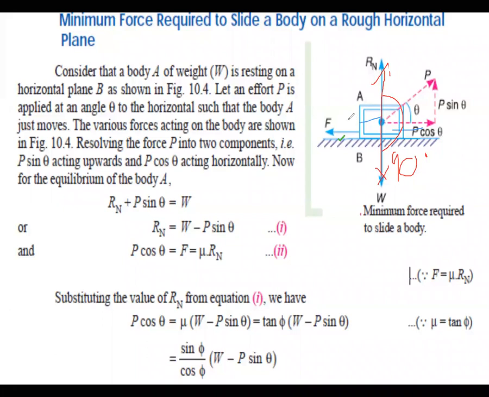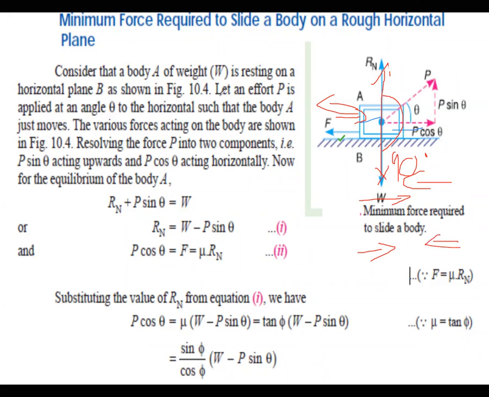Then, when the force is applied in either this direction or this direction, the friction will be developed opposite to it. For example, if I apply the force in this direction, then the friction force will be opposite to that. Whenever I apply force towards the right, from left to right, the friction force will be opposite. This concept has to be understood by you, right?